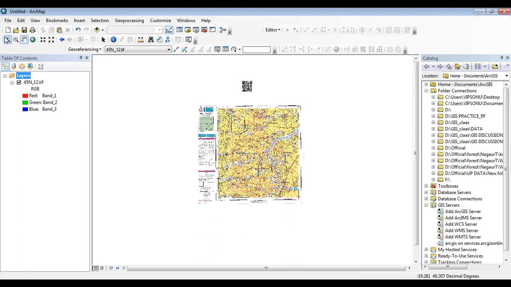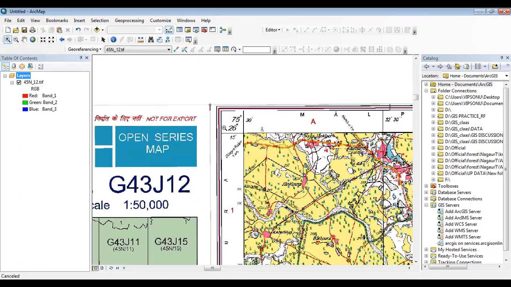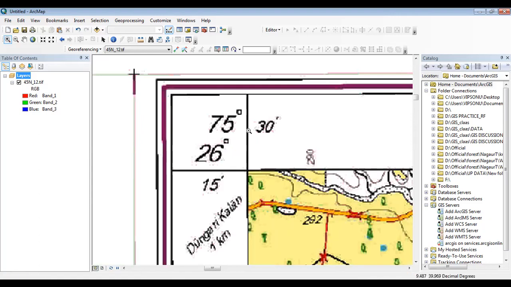From this corner you can check here, this value is our longitude value, that is 75 degree 30 minutes, and this is the latitude value, which is 26 degree 15 minutes.